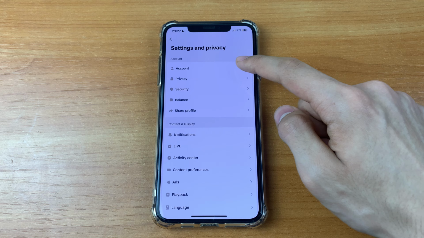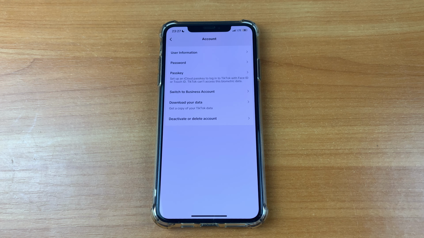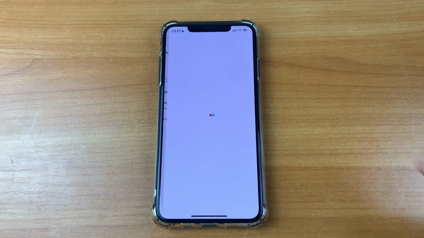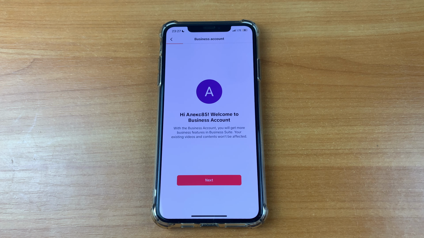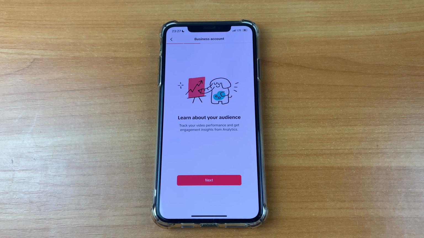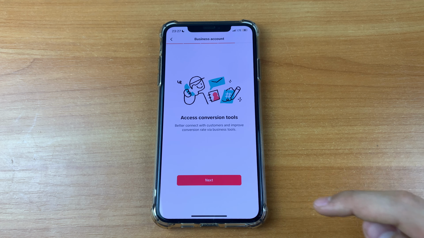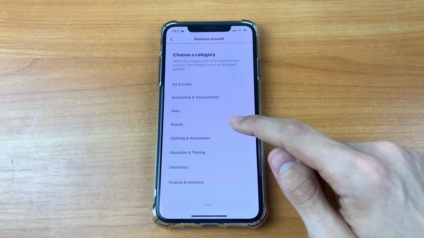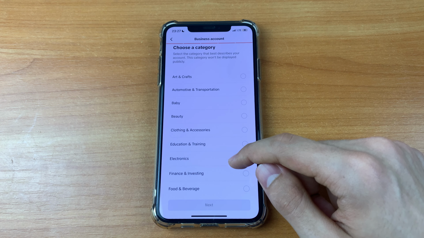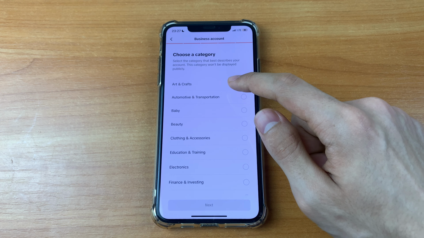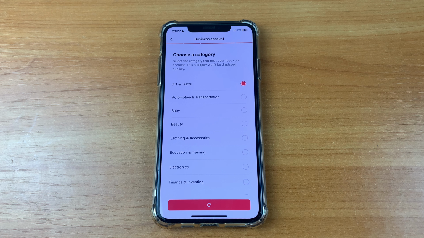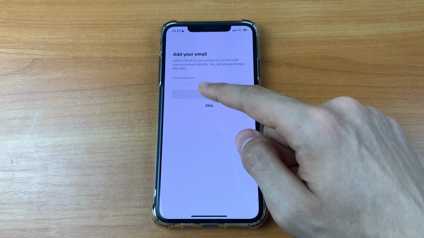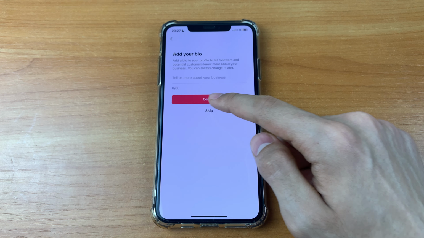Here click account and after that click switch to business account. Click next, next, next, continue. Here we can choose a category, click next, and here you need to enter your email address.